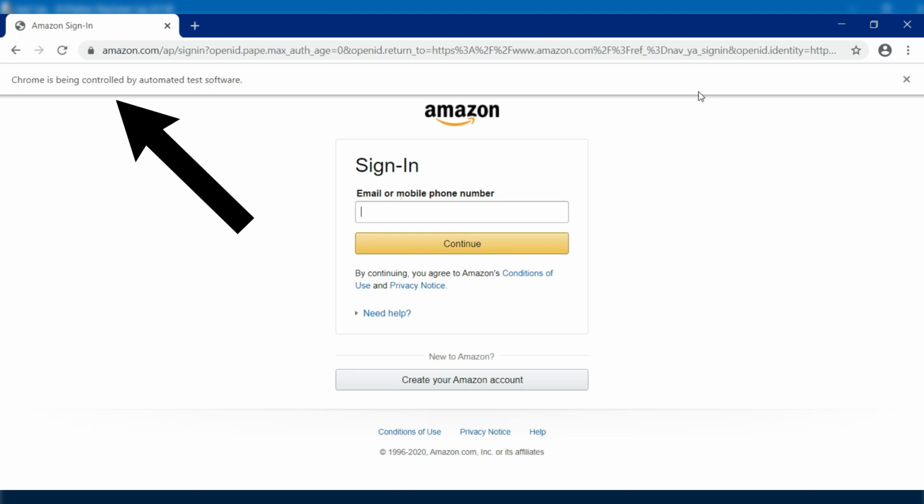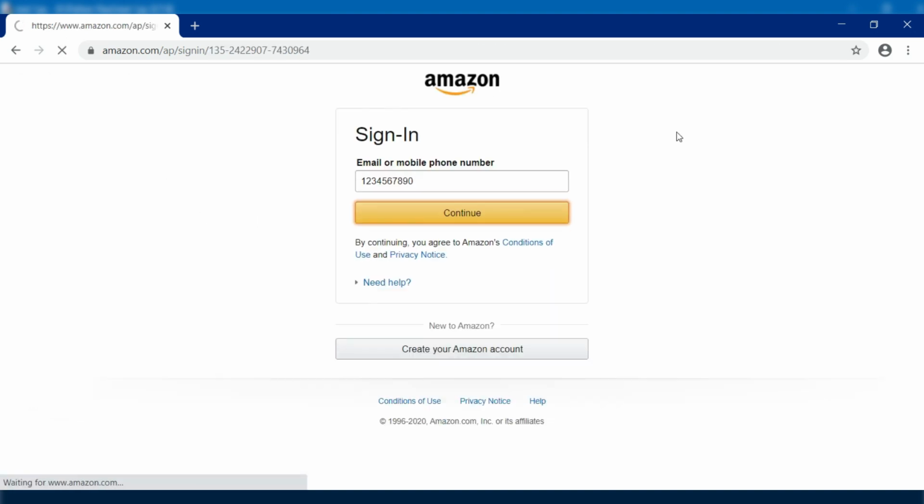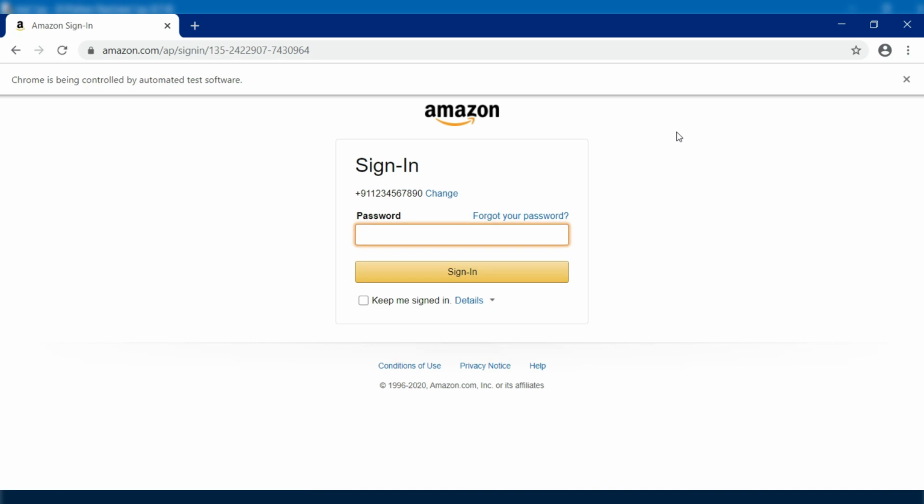Here you can see the message that your Chrome is being controlled by automated software. This is the proof of the automation that we did by using the Selenium library. This is the login part only.